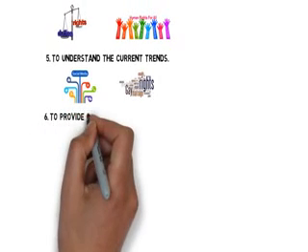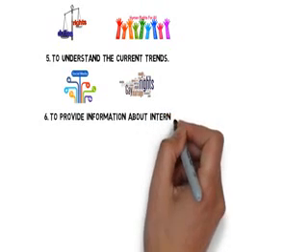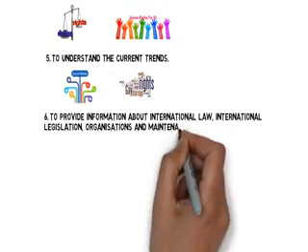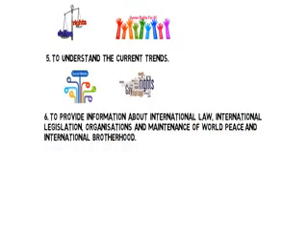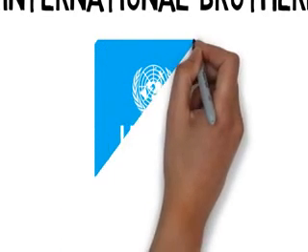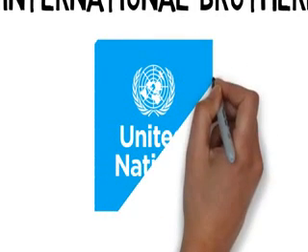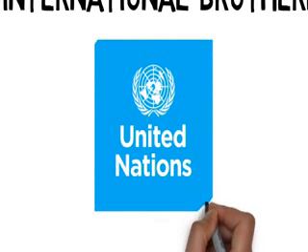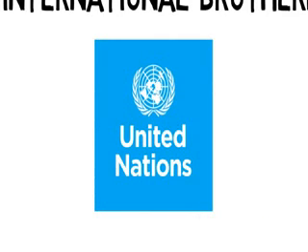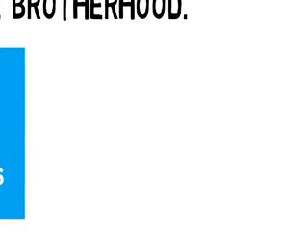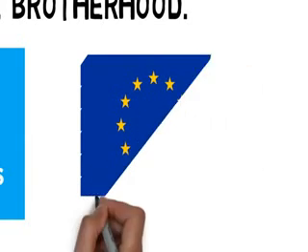Next, political science talks about providing information about international law, international legislation, organizations, and maintenance of world peace and international brotherhood. For the last 7 decades, it is the United Nations organization which has held its flag high in support of the basic protection of human rights and maintaining some sort of international order with peace and security. Besides the UN, we have the European Union, a cluster of nations